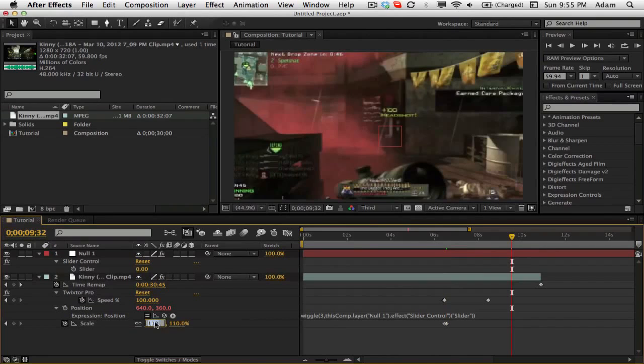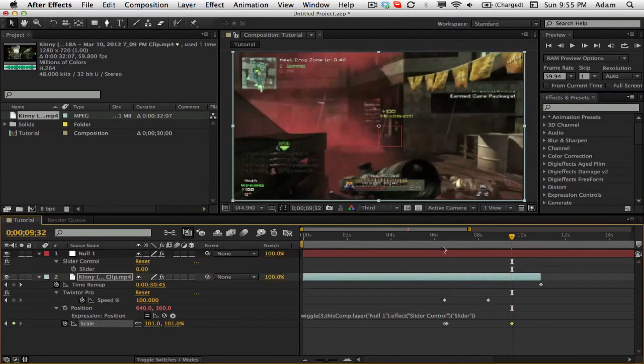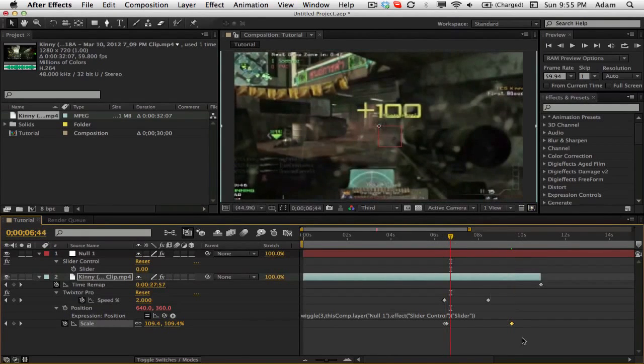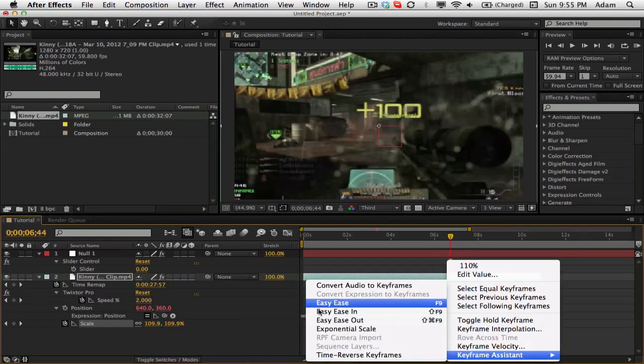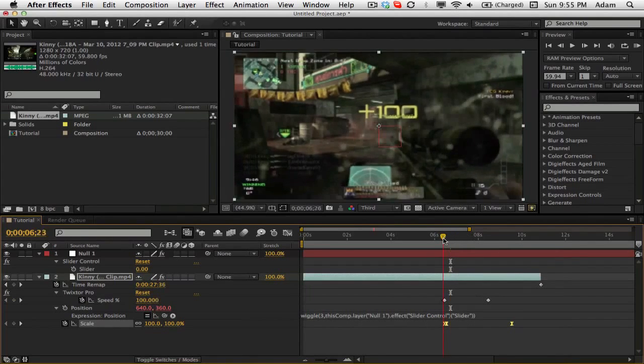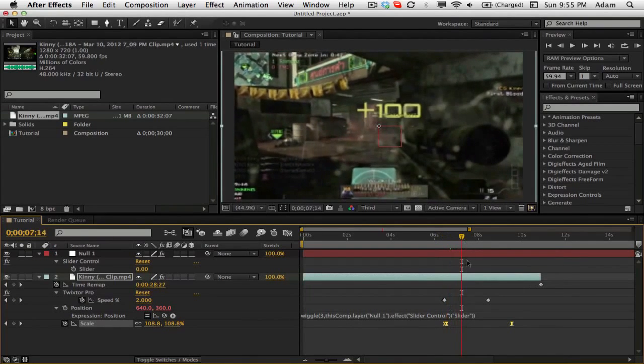And then change the scale back down to 101 so we can get rid of those black edges. Now what we want to do is highlight those scale keyframes and hit F9. Or if you don't have F9 on your keyboard for some reason, you can right click, go to Keyframe Assistant and click Easy Ease. So now it just makes it kind of a smoother thing,